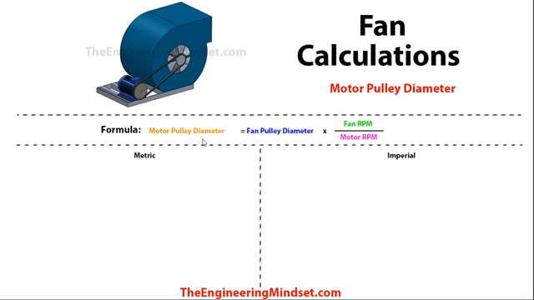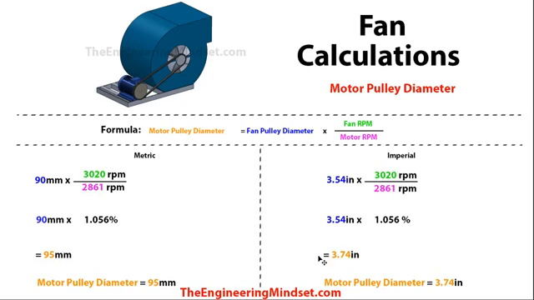So the motor pulley diameter is equal to the fan pulley diameter multiplied by the fan revolutions per minute divided by the motor revolutions per minute. Again, you can get this information from the manufacturer or from the design if it's already installed. So if we just drop the numbers in, on the fan we're going to have a 90 millimeter diameter pulley or 3.54 inches, and we'll do the division between the two RPMs, cancelling out the RPMs, leaving us with